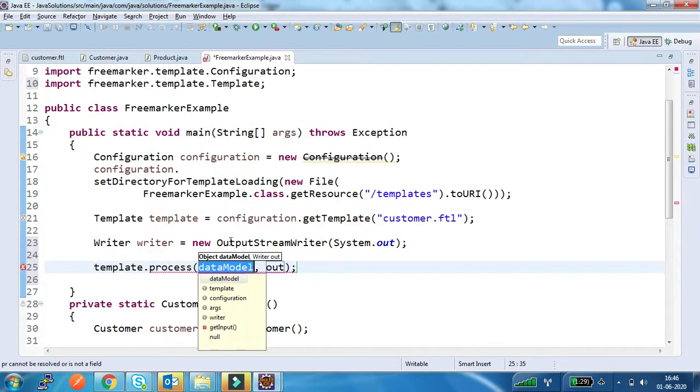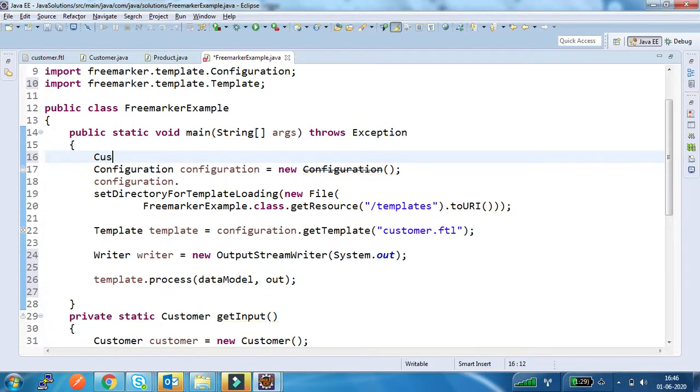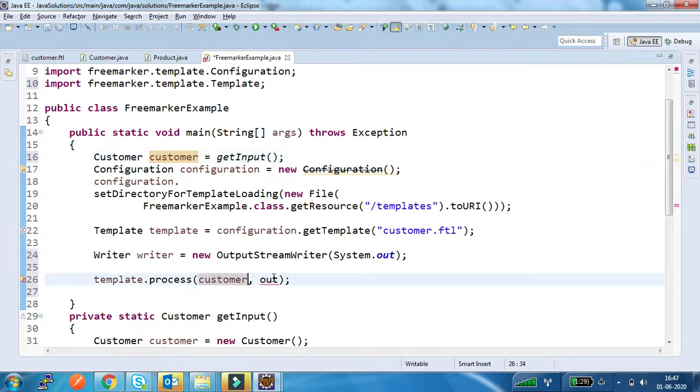I am calling process. In this case our data model is nothing but our input. So first I have to generate the input, right? I am calling that method called getInput. I am passing the input and I am passing the output stream right here.